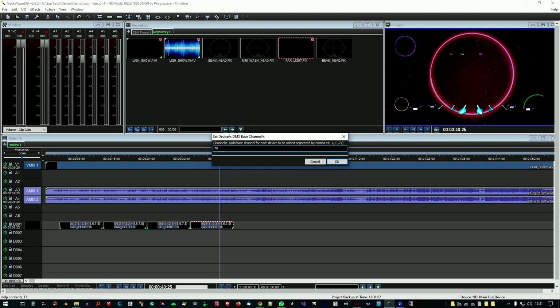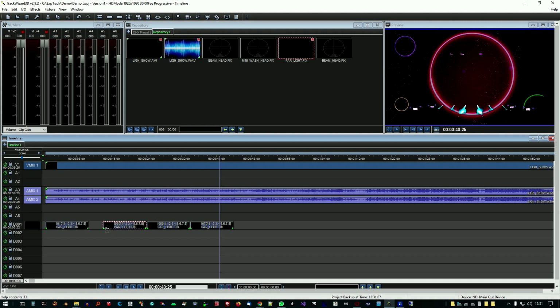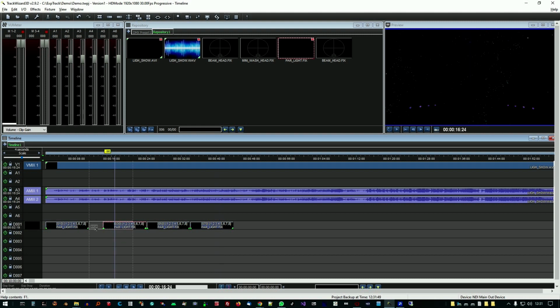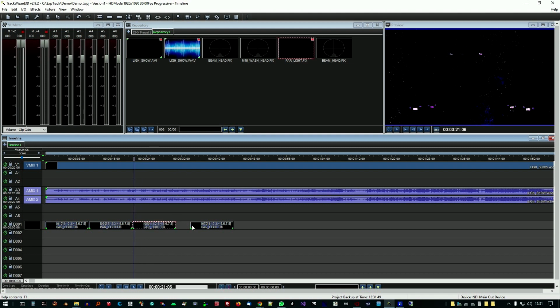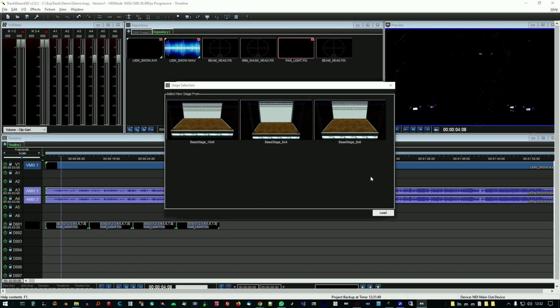By moving DMX objects on the timeline, we can synchronize lights with audio and video. The Track Wizard program allows 3D visualization of main light models. The 3D visualization software is a separate module that can be called from the main toolbar of the program. When opening a new project, you need to select a basic stage type to use.